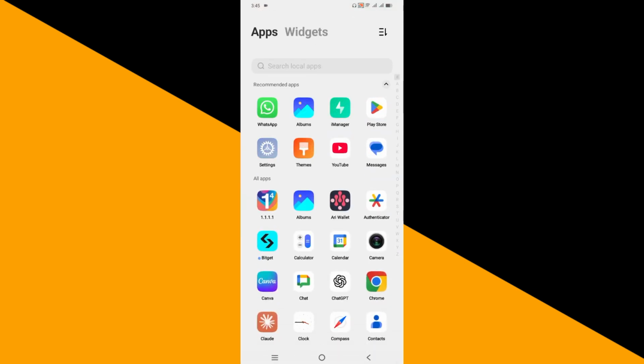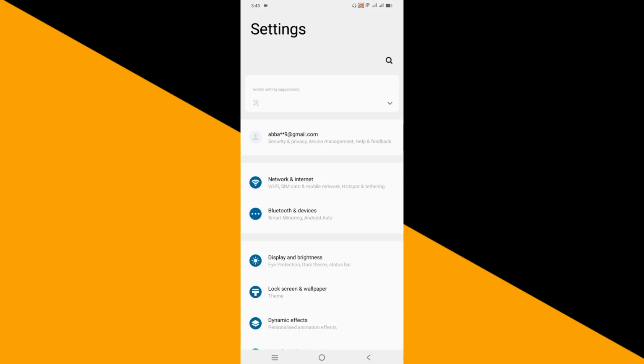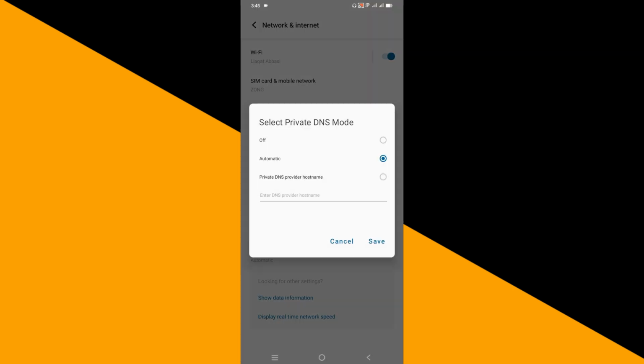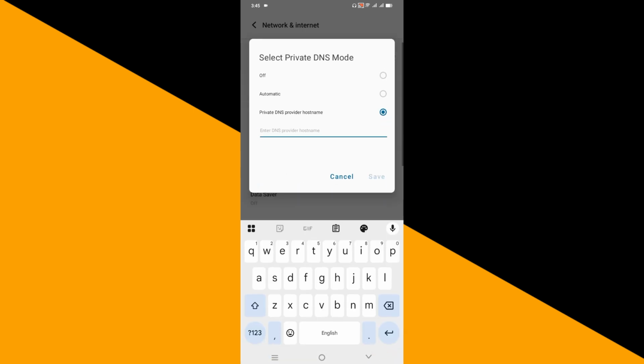Guys, first of all, you'll have to open up the settings of your Android device, and then you'll have to tap on Wi-Fi and internet connection. After that, you'll have to tap on private DNS, that is the last option, and by default it will be selected to automatic, but you'll have to tap on private DNS provider hostname. Then you'll have to tap on this keypad and you'll have to type